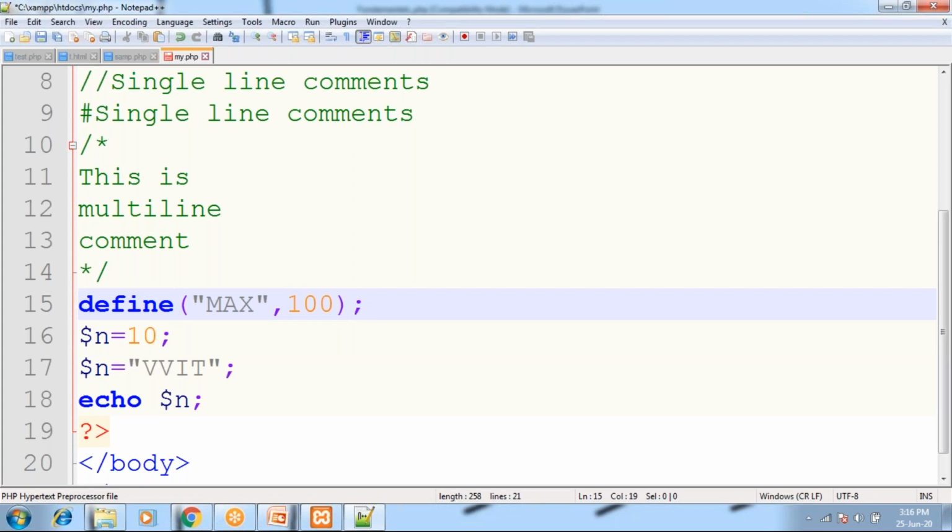So define is a predefined function, offered by PHP. Through it we are declaring a constant. The first parameter is your constant name, and the second parameter is the constant's value, right? So after this you can say that max is a constant with the value 100. So now you can't change the max value, right? So if I want to see the value of max here,